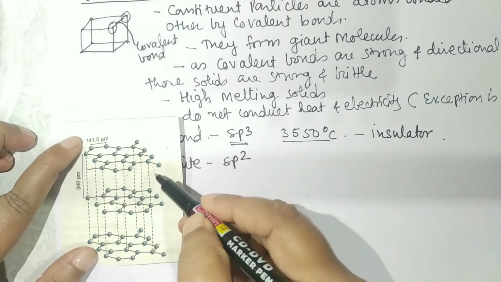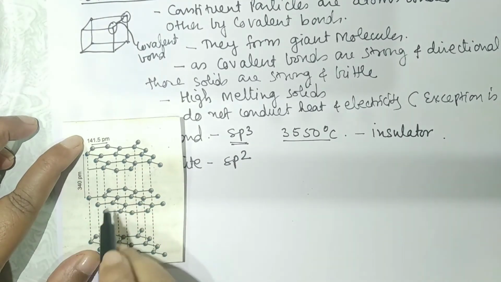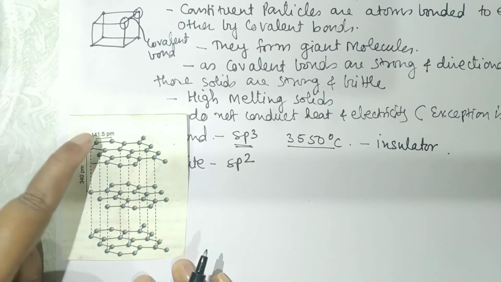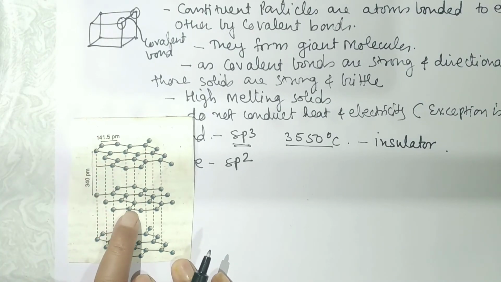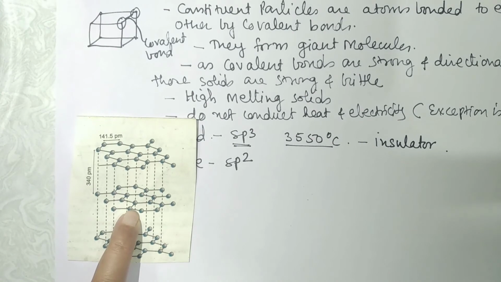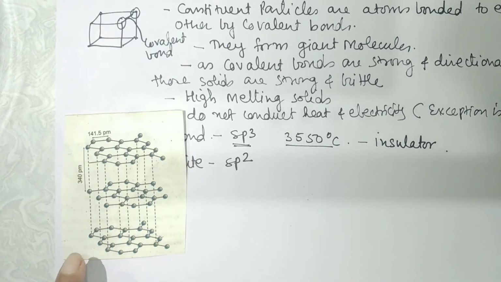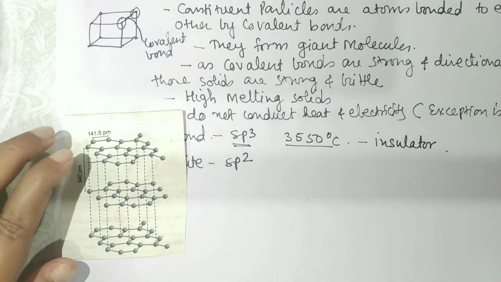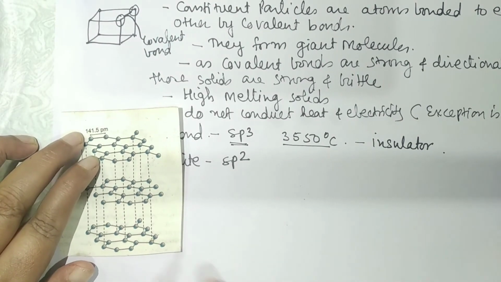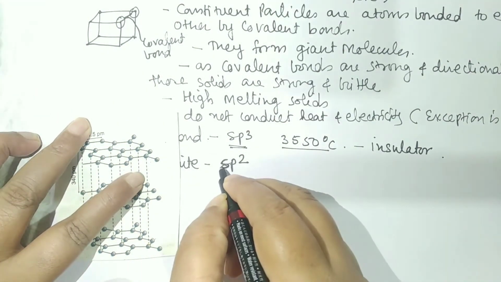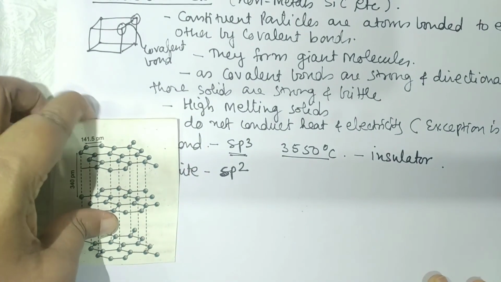The bonds present between the hexagonal sheets are van der Waals interactions which are very, very weak, and therefore each layer of graphite can slide over the other. And when I say it can slide over each other, graphite is used as a lubricant for reducing friction. It is also used in ribbons for printing in computers and typewriters. Also in the lead pencil, this graphite is present. If you want to see the structure for this sp2 and sp3 hybridization, please refer to the hybridization videos.